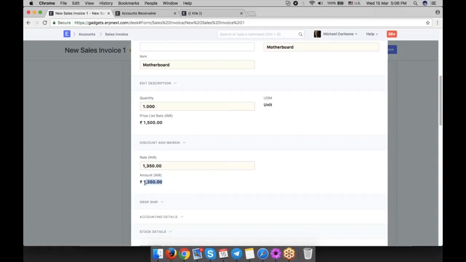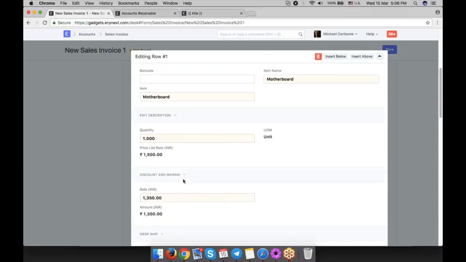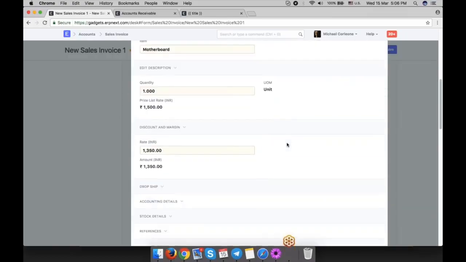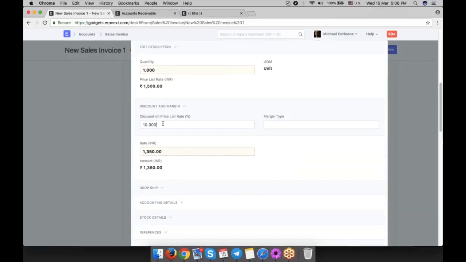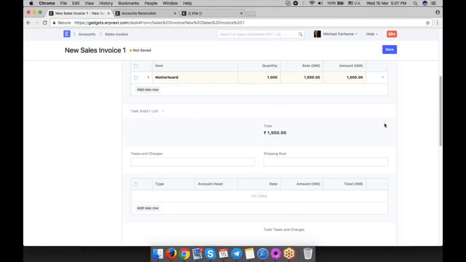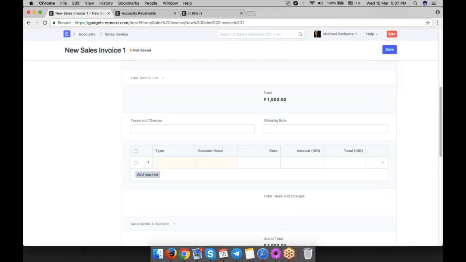So when I submit this sales invoice, the posting in my receivables account and income account will be for this much amount, which is the discounted amount. So the discount which you offer to your customers won't be reflected in the accounts. Another way you can manage it is, I mean, if you want to have discounts reflected in your